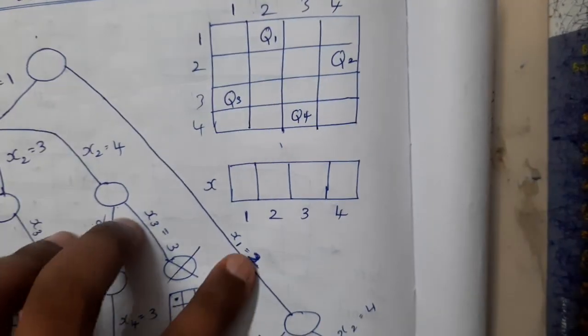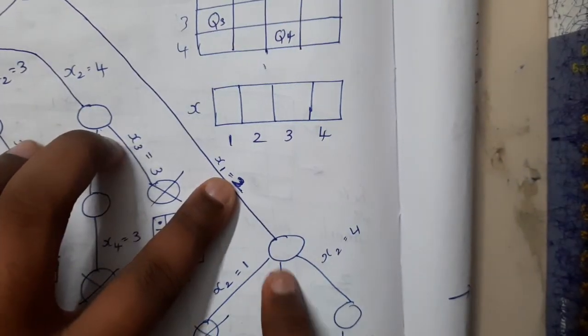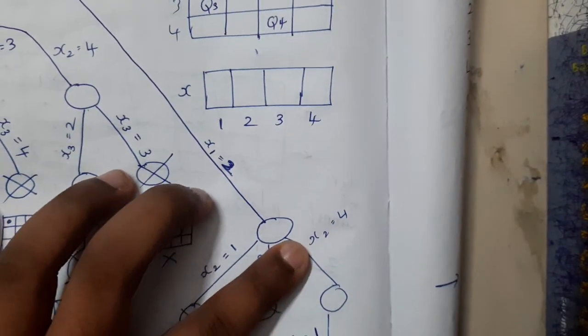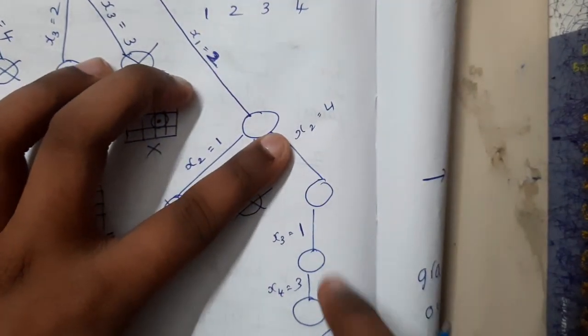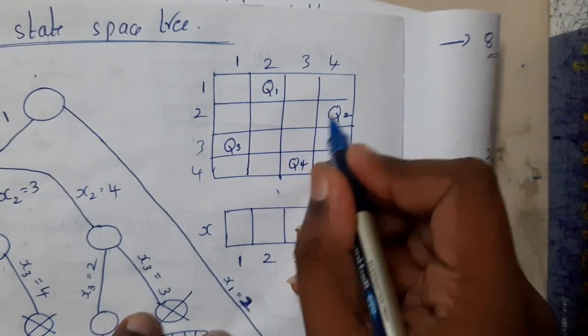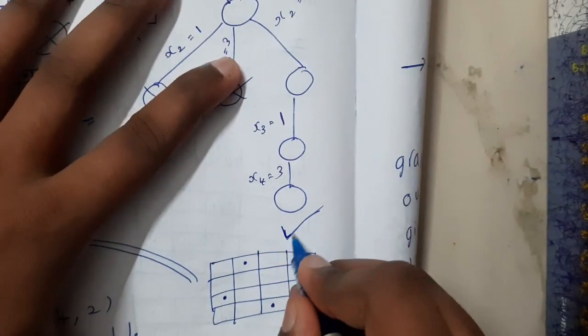So initially at stage 1, there is no possibility. Now we came to stage 2. At 2, there is no possibility for 1 and 3, so the only possibility is 4. Once you place it at 4, we have the combination of 1 and 3 or 3 and 1. You cannot place it at 3 because it will form a collision in this way. That is the reason we placed it at 1, so at 1 and at 4. So finally we reach a destination.